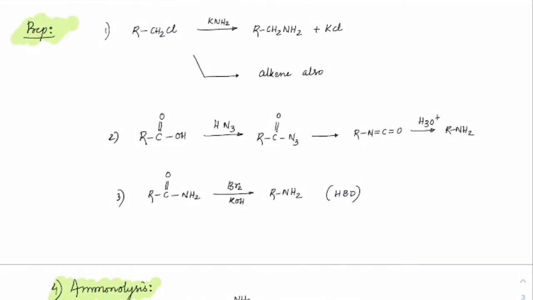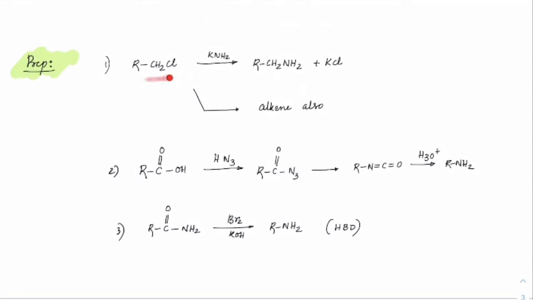Let us see how we can prepare the amines from various sources. So starting with first, simple alkyl halides. In case we have NH2 minus directly added, NH2 minus is a very strong base and most of the time it will go for elimination. But if this R is very small, alkenes are unstable, or we are operating at a low temperature, we can expect these amines to be forming by the SN2 mechanism. So this would come through SN2, otherwise by E2 we'll usually get alkenes.